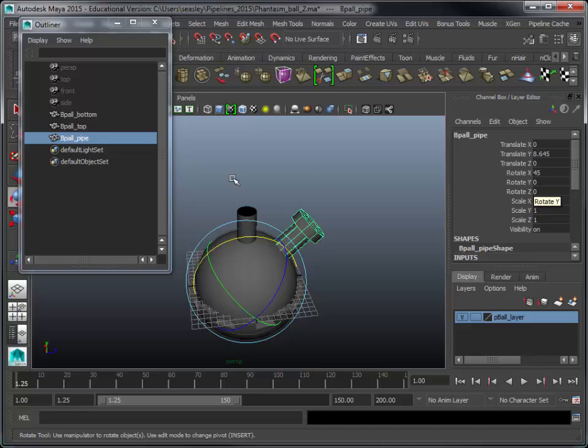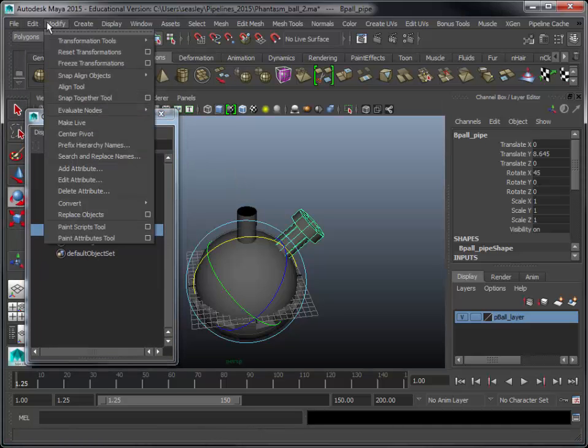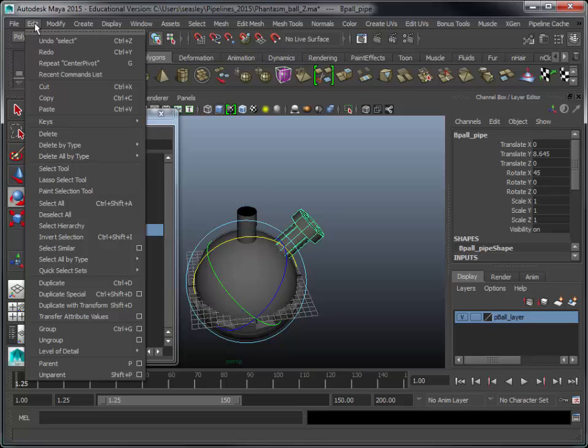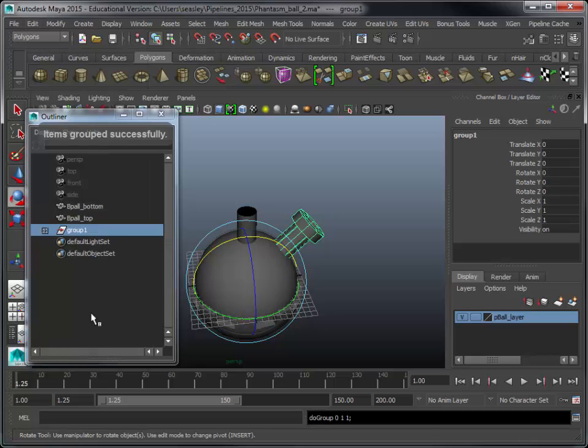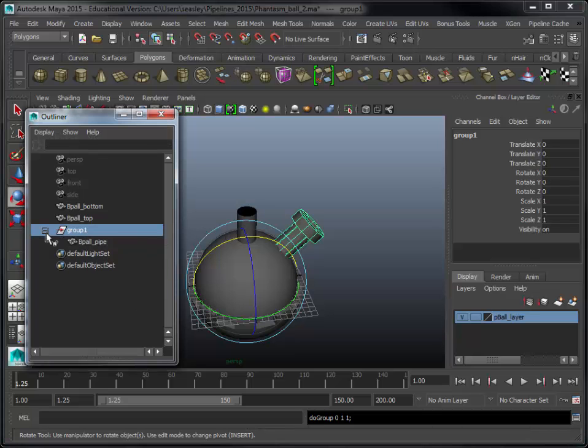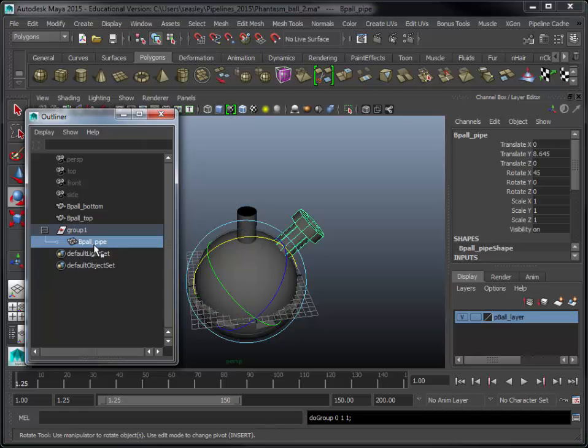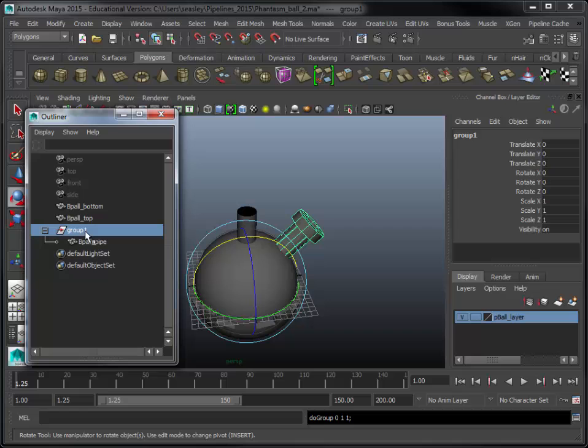We don't want that. So what we're going to be doing is using the function in Maya called grouping. When you group something, it basically becomes the child to a parent. In this case, it will be a null node. So I've just grabbed the pipe, and you can tell in the outliner what's happened. When I click on the expansion plus here of the group's name, it shows that the object is still underneath it. But if you look at the rotation orientation, when I go up to the group, it's now in world